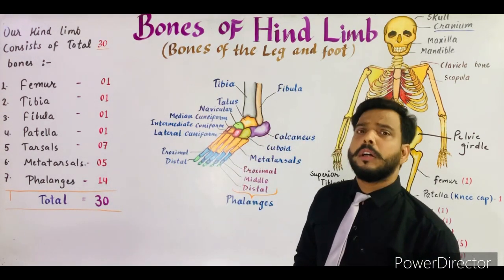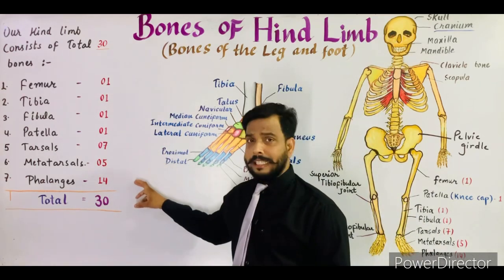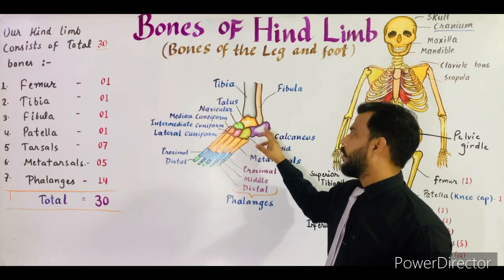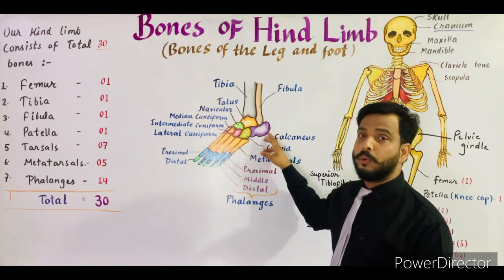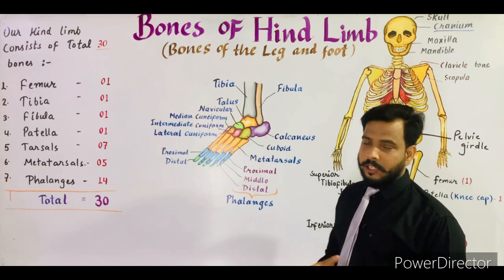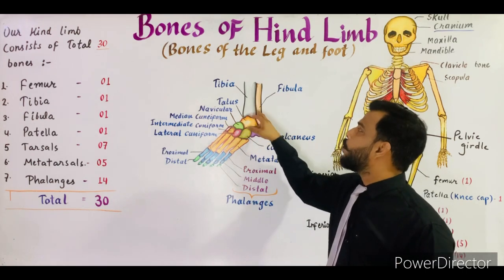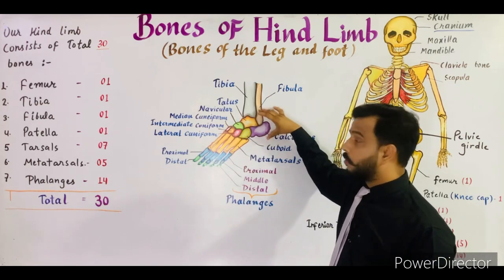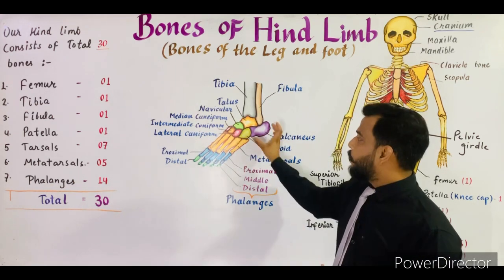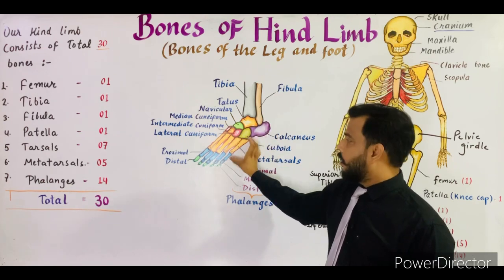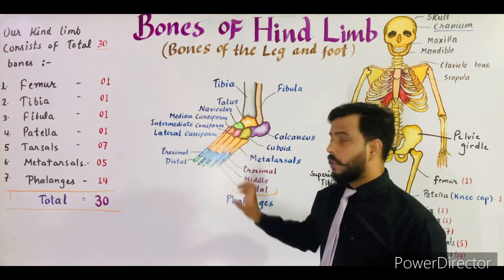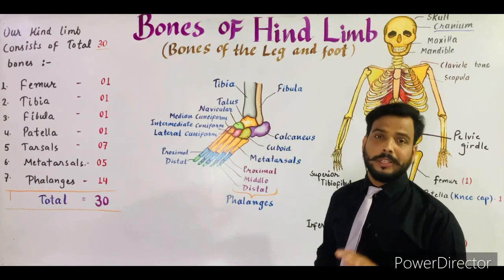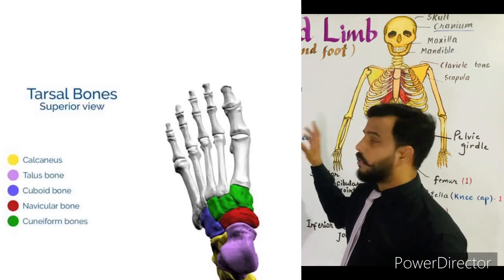Now we'll talk about the foot bones in detail. As you can see in this diagram, I used different colors to mark different foot bones so you can learn these bones easily. These are two bones, tibia and fibula, as I told you before. This part of different color is known as the foot. This portion is the tarsal, this portion is metatarsal, and this portion is phalanges. The tarsal bones are a total of 7. Total 7 bones are present in our tarsal region.